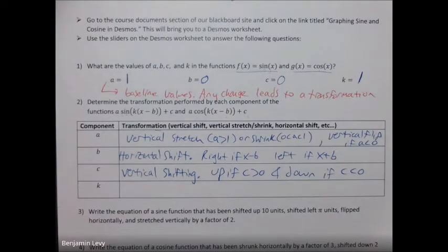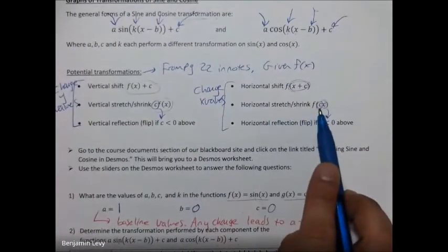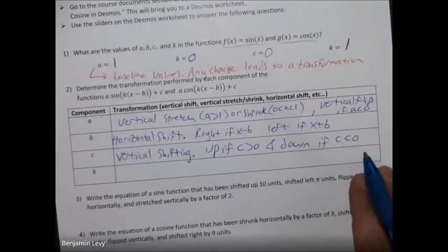Again, we can relate this all back to that function transformation section. That's what we should be thinking about. And then the k is the thing that's multiplying the x. And we saw in the function transformation section, right, multiplying the x is this right here, horizontal stretching or shrinking. In this context,